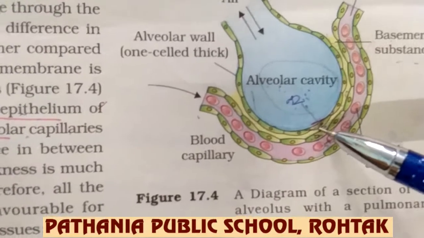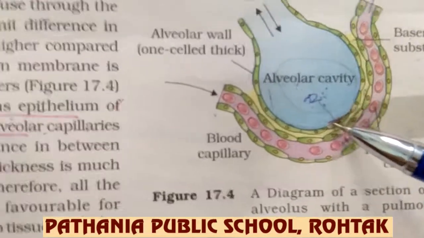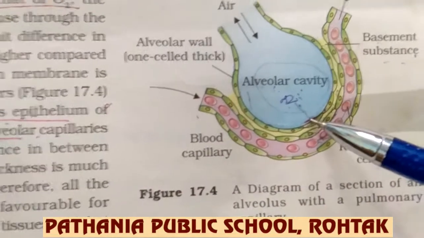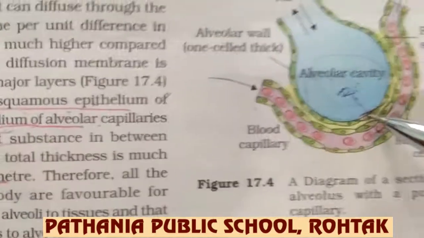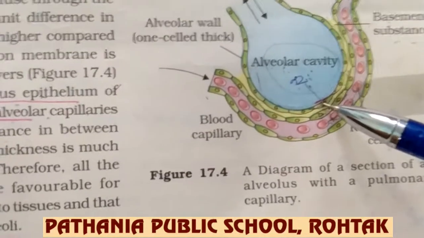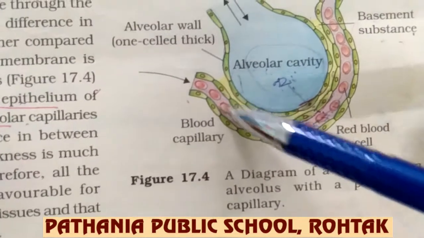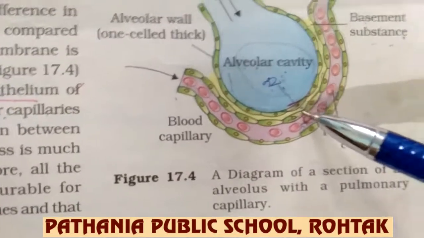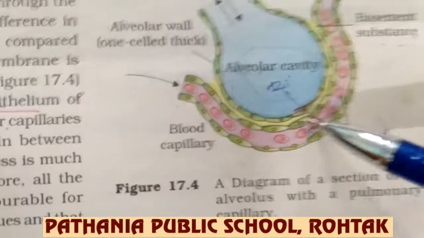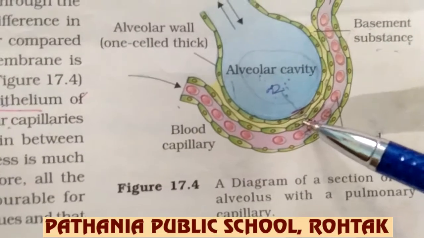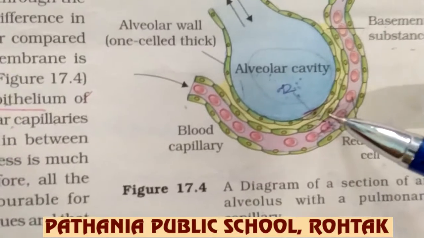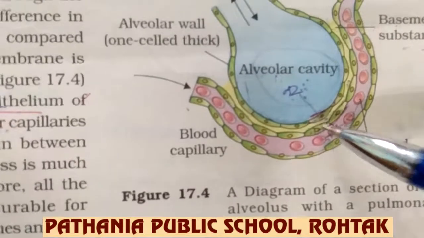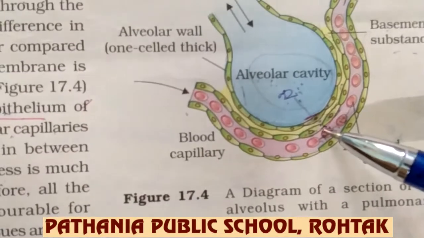and this epithelial tissue is present on the basement membrane. There is always a basement membrane over which the epithelial cells are present. So this is one layer of epithelial cells, and the other is the basement membrane. And now this is the blood vessel. The wall of the blood vessel is the endothelium, which is again a type of epithelial tissue only. So the wall of the blood vessel is also lined by endothelium, and these epithelial cells are also present on a basement membrane. So there are two basement membranes and two epithelial tissues.